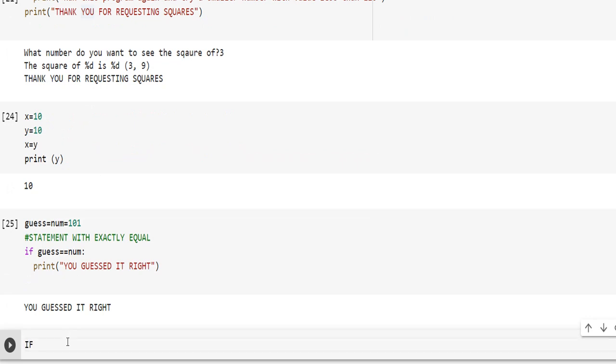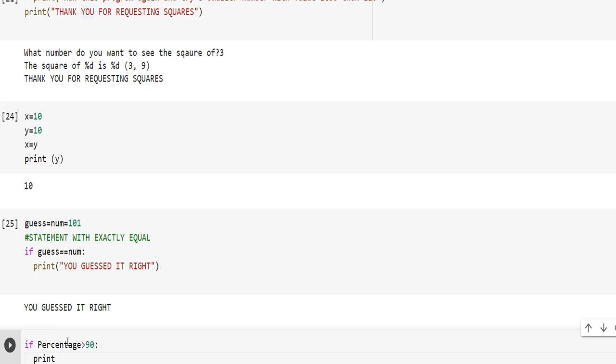If percentage is more than 90 colon. Every indentation is followed by a colon. Always remember it.